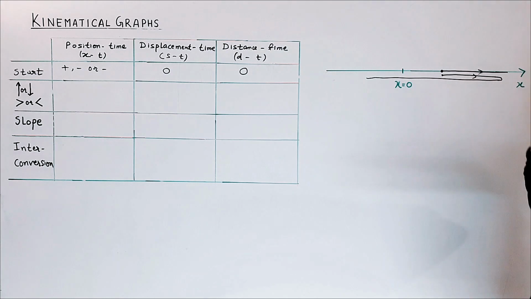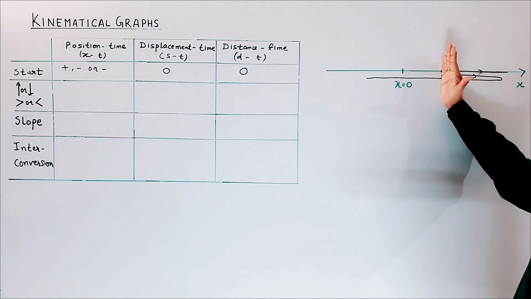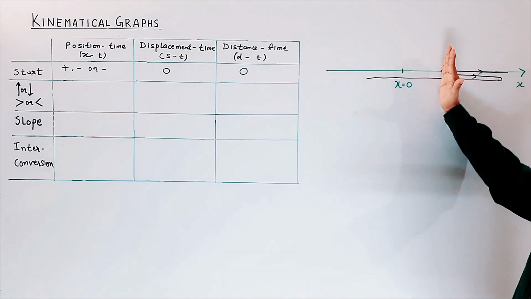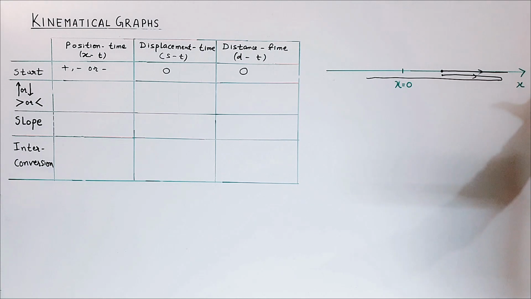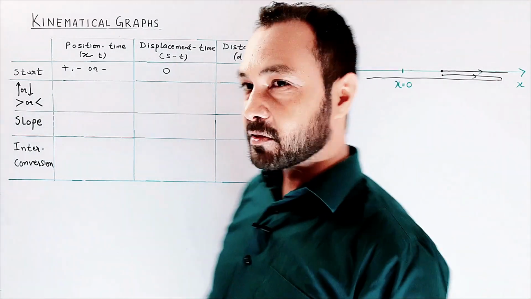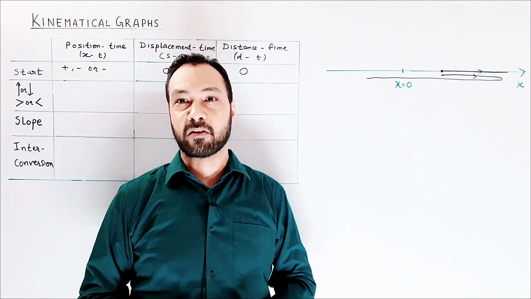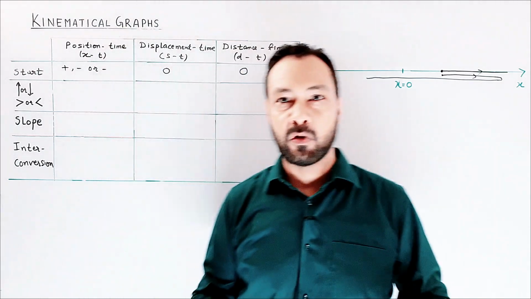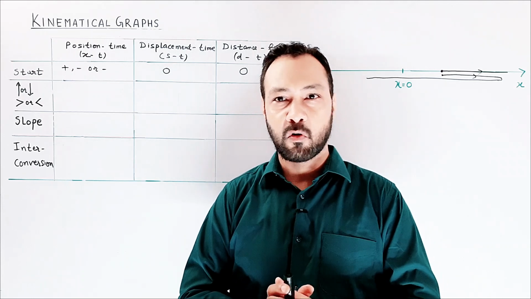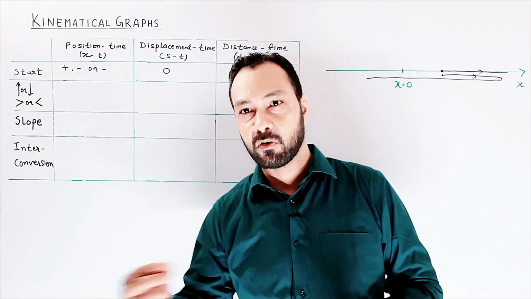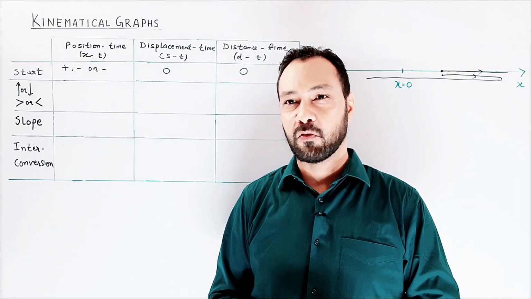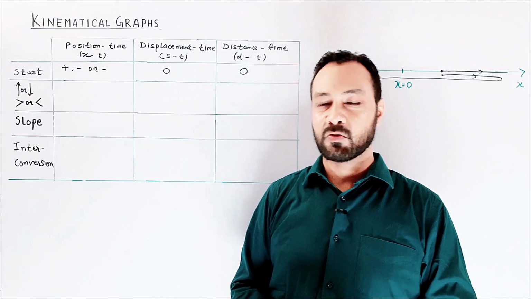The same thing we can say about displacement. Only thing is that for displacement we measure everything from the start. If it is here, displacement is positive, if it is here, displacement is negative. If it is going towards there, displacement is increasing, if it is coming towards here, displacement is increasing. But distance cannot decrease. What happens? You can stop moving, and whatever you have moved till that moment becomes constant, but it will not decrease. If you change your direction of motion, the distance covered by you will not decrease. It will always increase, and distance is always positive.